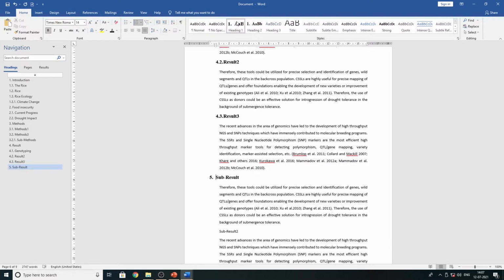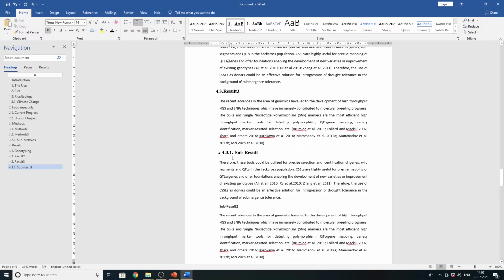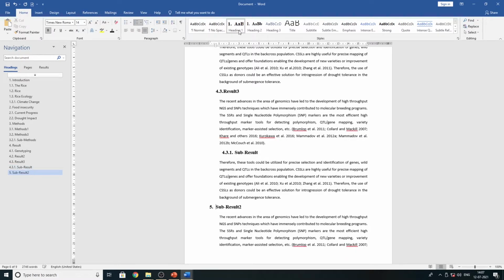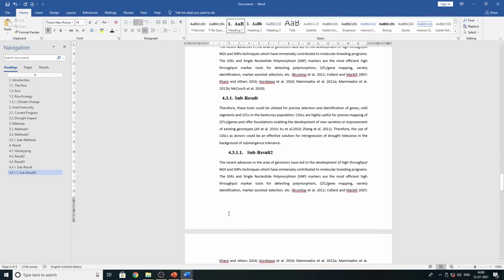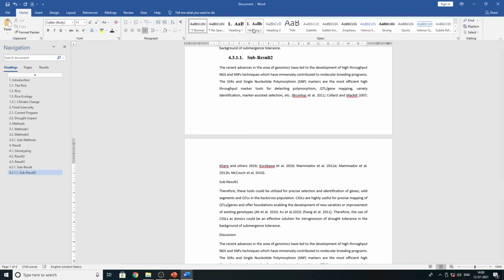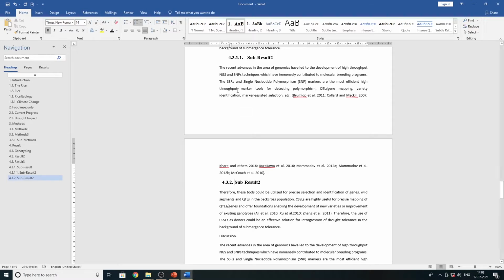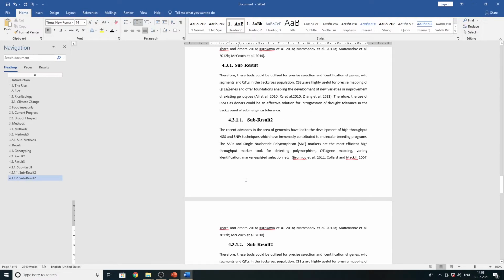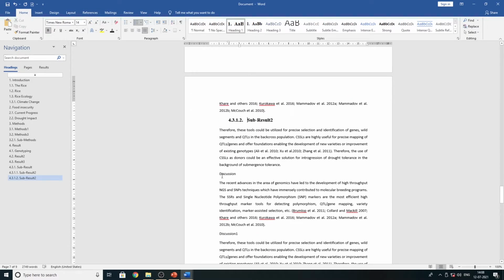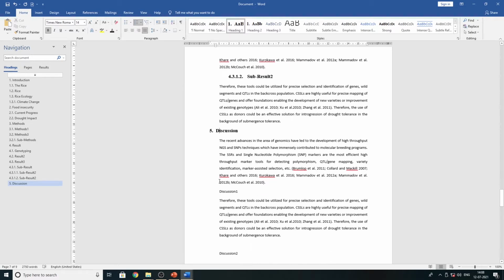This is the subheading of 4.3. I'm going to hit tab two times, sorry. See, suppose I want to make a subheading of 4.3, 4.3.1. Again, I'm going to hit tab three times, 1, 2, 3. See, created accordingly. 3.1.1, 3.1.2. This is the heading first, Discussion. This is heading 2.